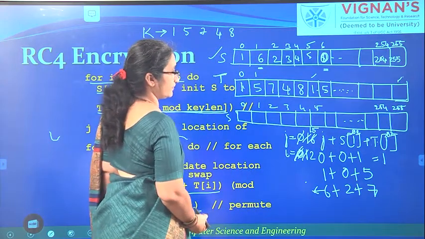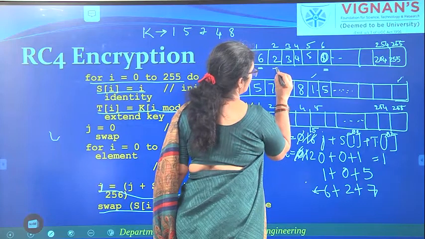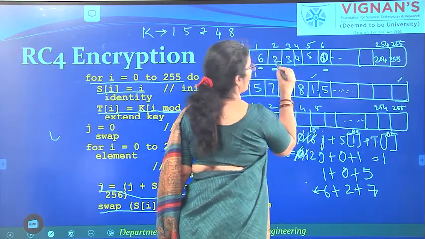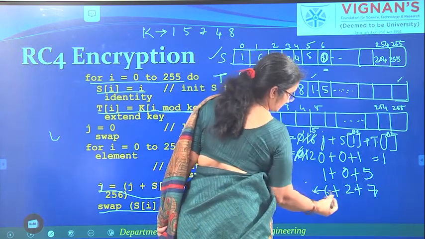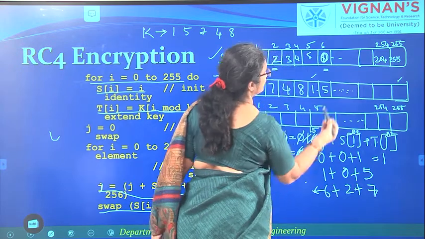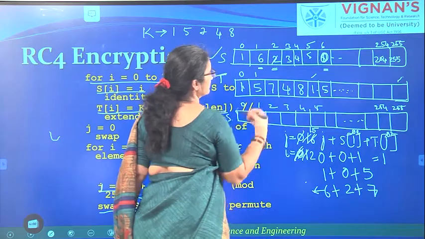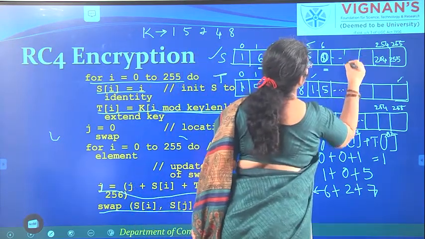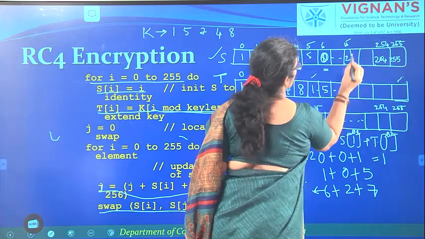In the next step, what we have to do? We have to shuffle whatever is at S of I with S of j. That means you have to shuffle this 2 with whatever is present at S of 15. Initially 15 only will be there. So you can write 15 here, and at the 15th location you will be having this 2.